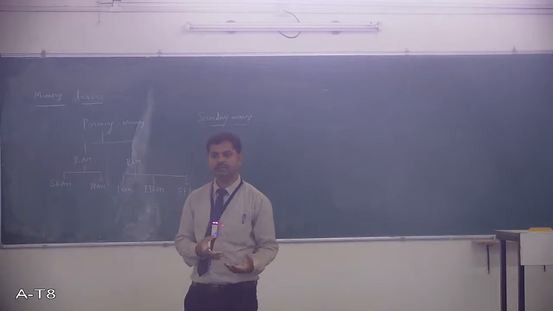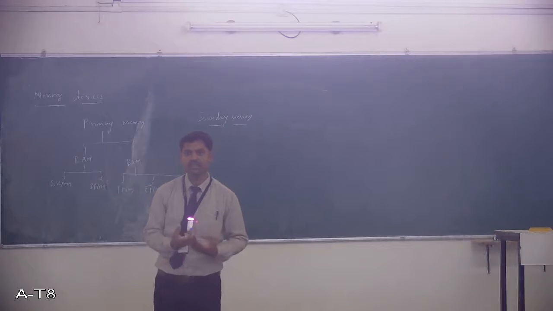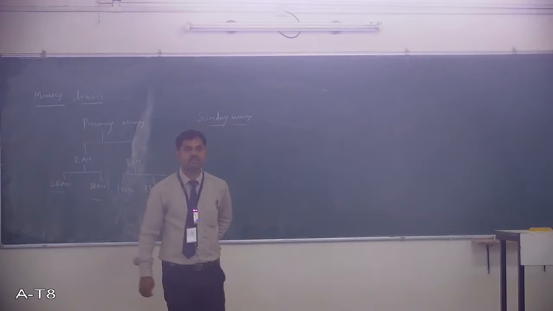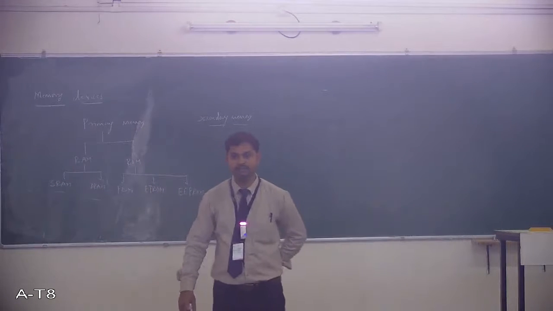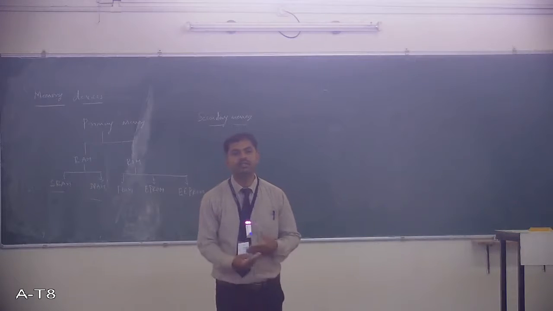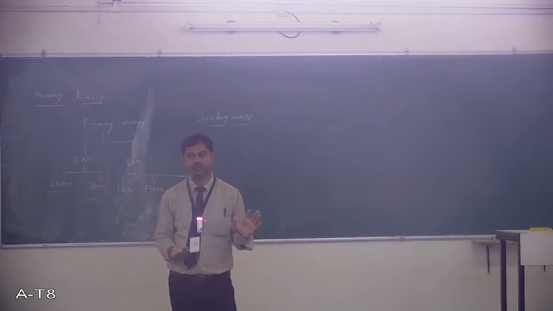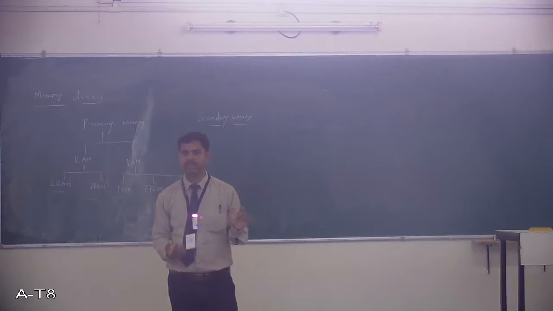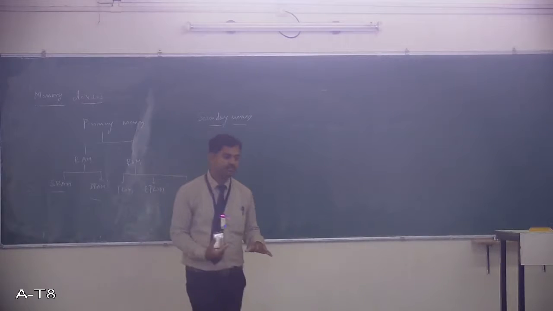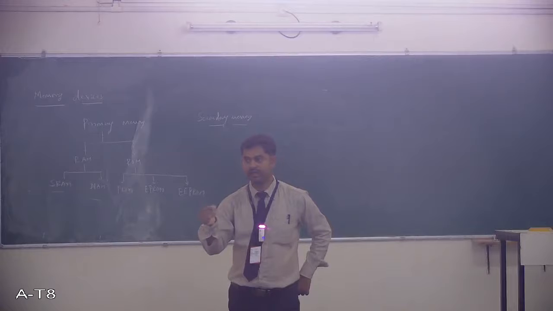And again, in RAM you have two types. One is SRAM and one is DRAM. Here, SRAM is static RAM, DRAM is dynamic RAM, right? Static RAM, in the sense both S and D, both the memories are volatile only. But again there is some difference, static and dynamic. This classification is based on how you are going to put up the data or store the data, the storage concept.